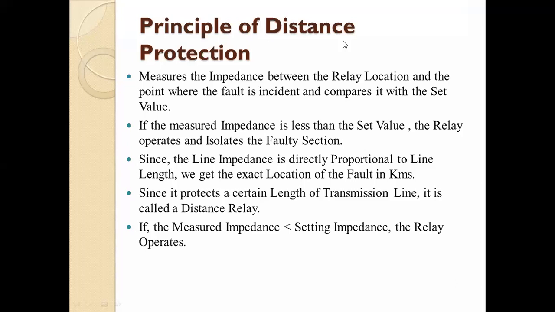Because majorly, in the last lecture I told you that we are considering the four parameters, that is R, L, G, and C, when we are considering the AC transmission line, right? So here we are considering the impedance, which is related to the AC circuit. So when we protect any transmission line, we measure its impedance,